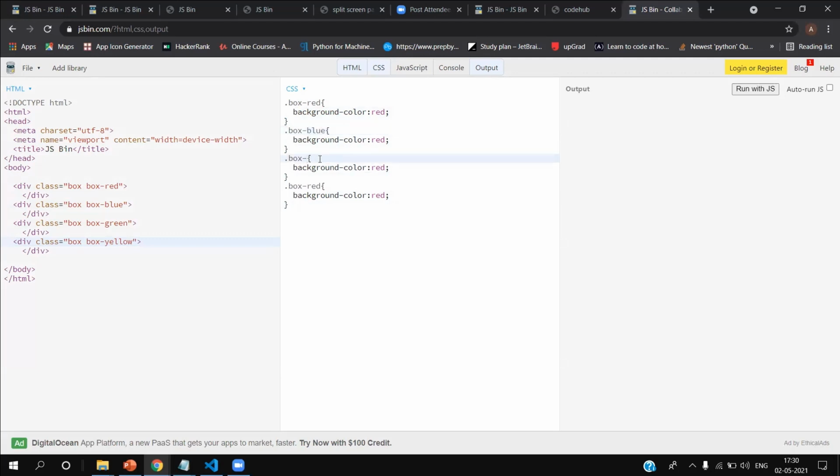Box, I'll give it as green, and this as yellow. This is blue. Yellow.